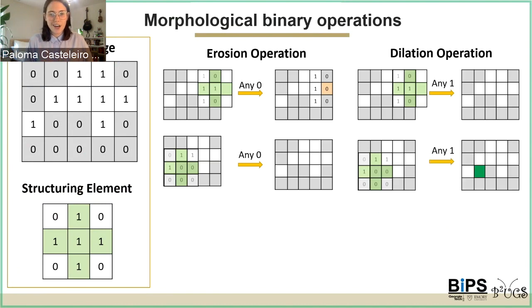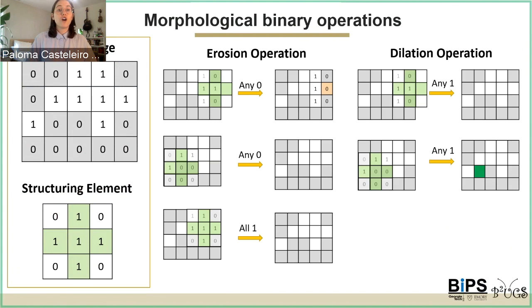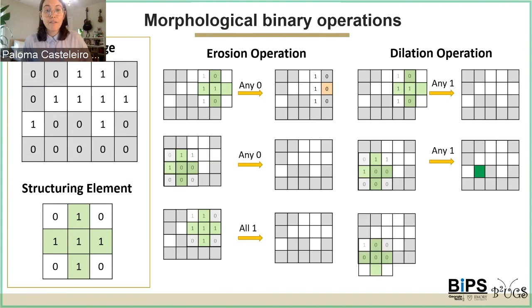And here are the 2 specific examples. If there's all 1s, we keep the value as a 1, and for dilation,